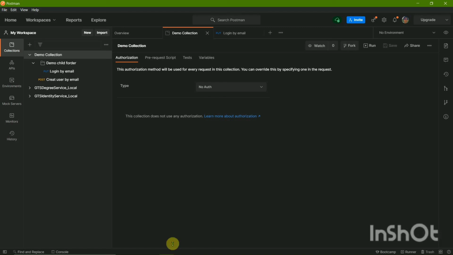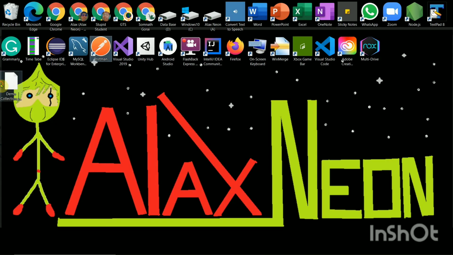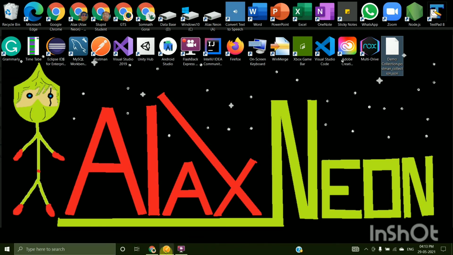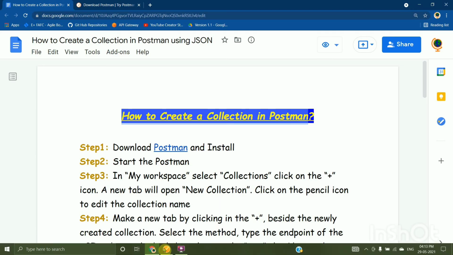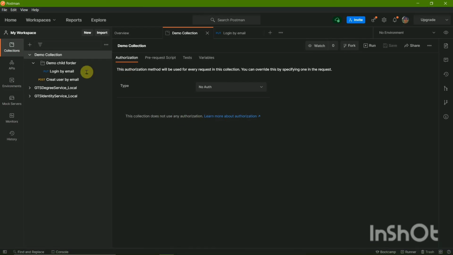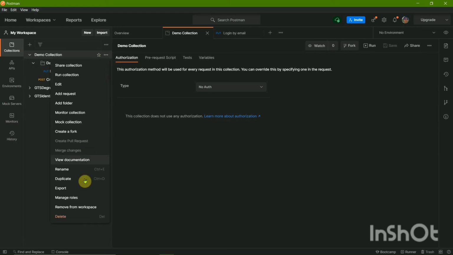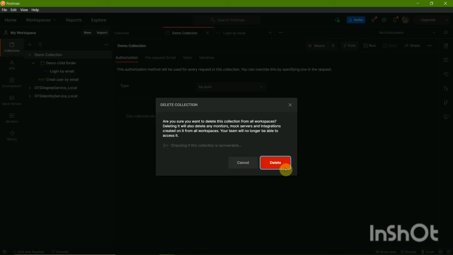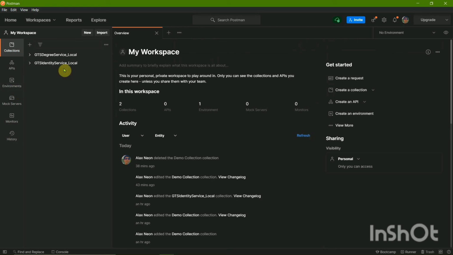By exporting, you can share this file with your friends, so that your friends can use it without making a new collection again. So I will show you how to import it. I'll just delete the old one because I have exported it already. Now I'll click on the import button.